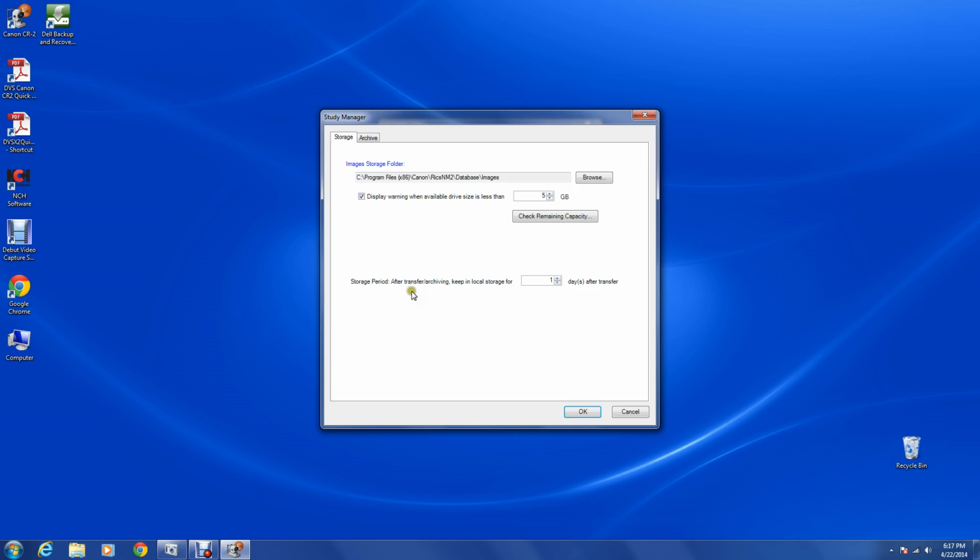And the storage period after transferring, you can change this. Right now it keeps it for 1 day, but you can certainly change it to anything that you want. You can keep it up to a full year if you want to keep them. Okay. We're going to change it right now back to 1 because we're using this with our DVS software